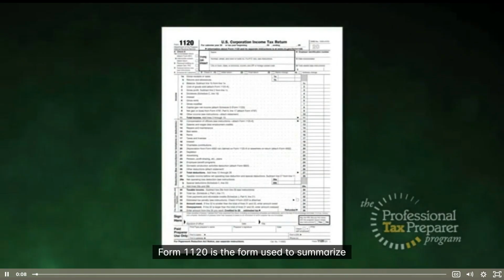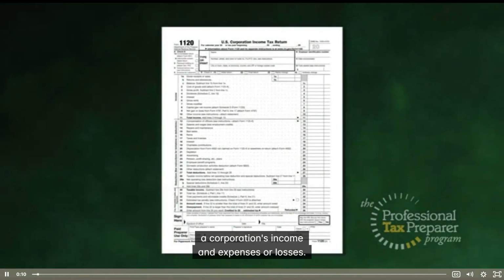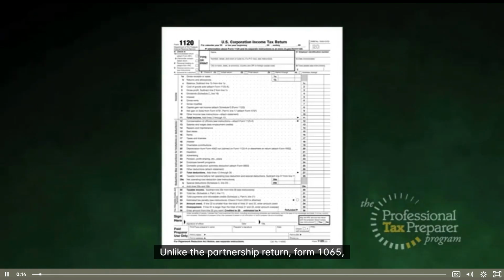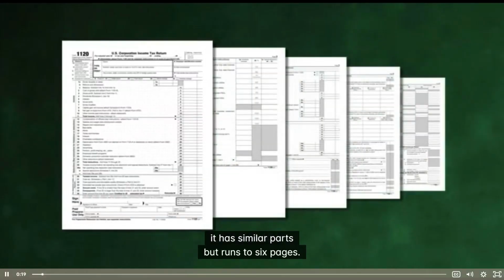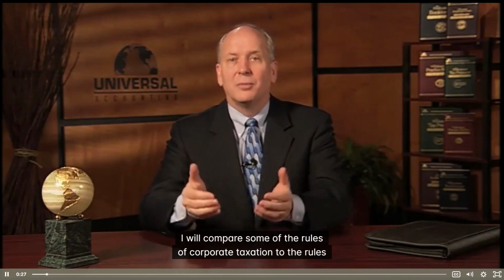Form 1120 is the form used to summarize a corporation's income and expenses or losses. Unlike the partnership return, Form 1065, it has similar parts but runs to 6 pages. To help in our understanding of these corporate tax concepts and reporting corporate taxes, I will compare some of the